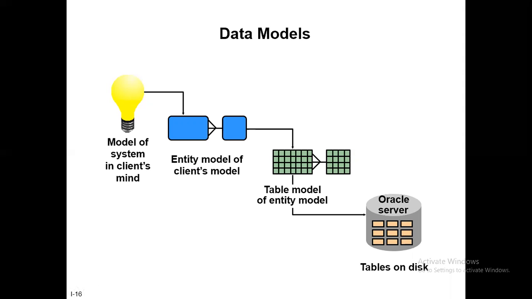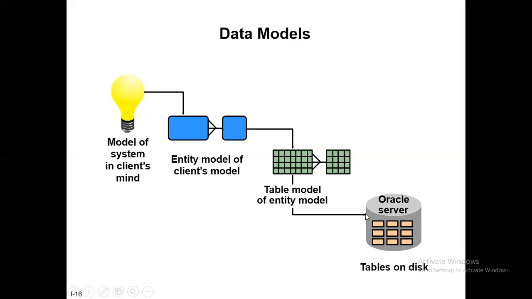For the client, what data do I want to store? Client name, client number, client address, client email, client phone number, client GST number. In the US, you might want to store the client's SSN number. So those are the information that you want to store for your entity. Then what will happen? The entity will become the table, and within the table, the entity has attributes, which will become the columns of your table. And all that will be stored in this database.